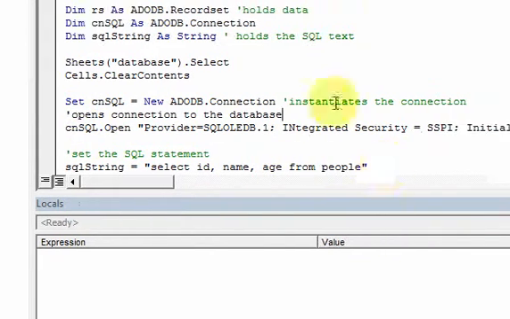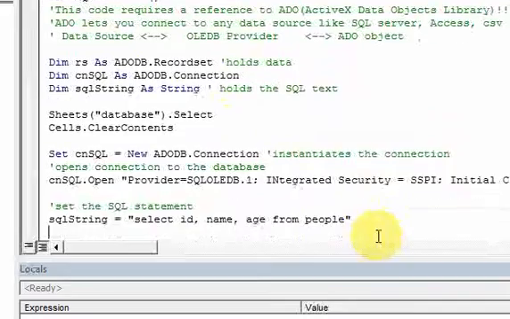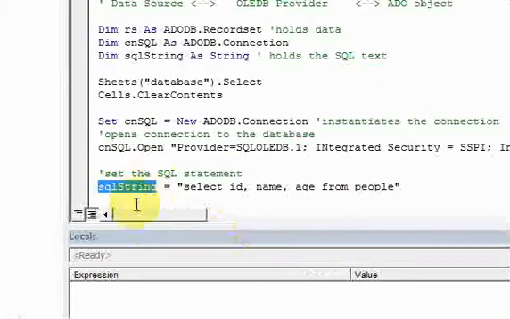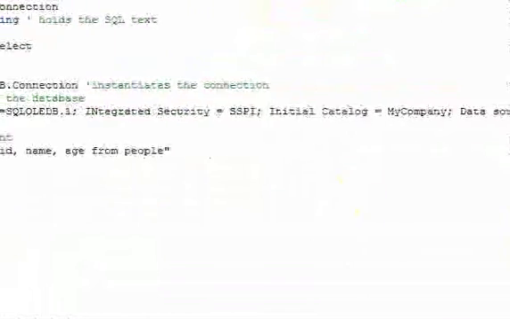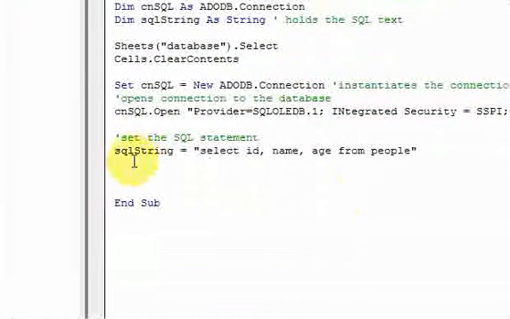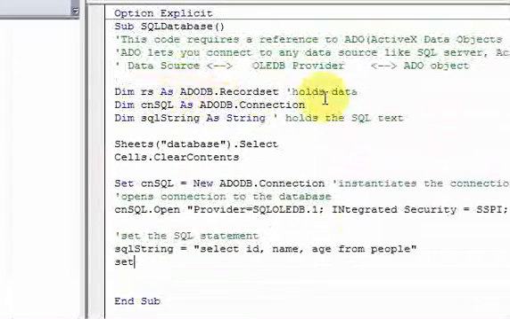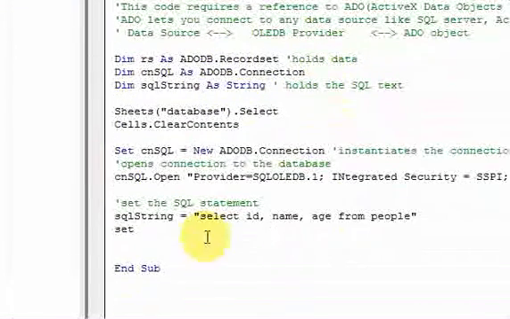And now what we want to do is we have our SQL statement here and we're going to use it, but we need something to contain the data when it comes back to us. And for that we're going to set this record set object. Remember I told you this is going to hold data. So we'll do set rs is going to be equal to